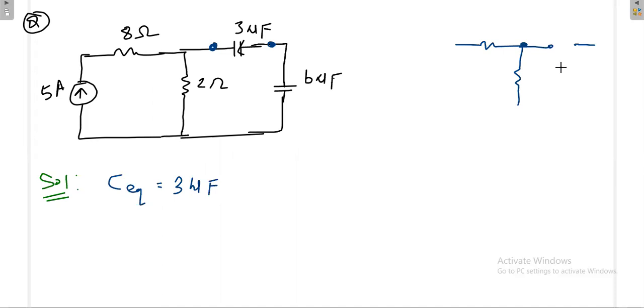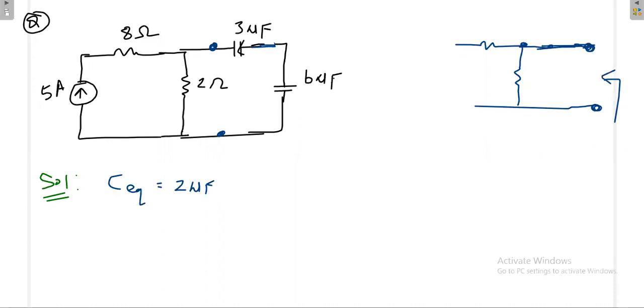Okay, and again, sorry, we are making a mistake. This is not with respect to this one. Here, one more capacitor is there. So again, you have to measure the C equivalent by combining both the 3 microfarad and 6 microfarad. These two are in series. Series combination of those two is 2 microfarad. Then again you can measure the R equivalent looking from this C equivalent.